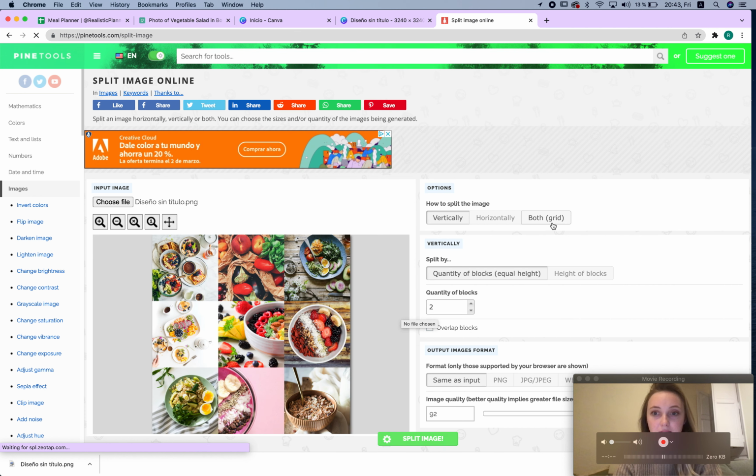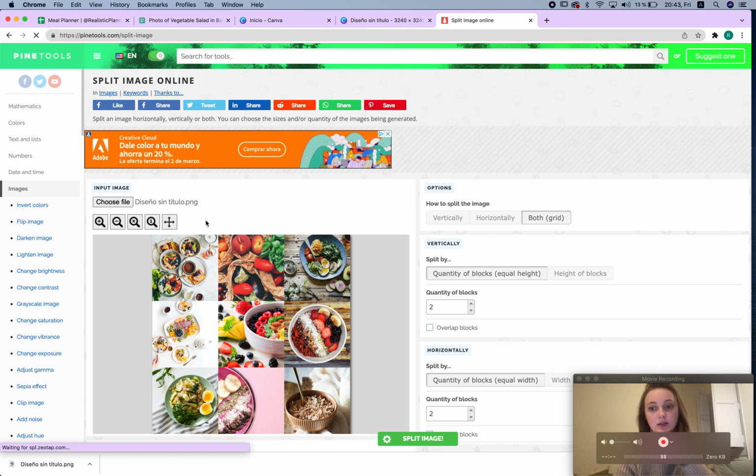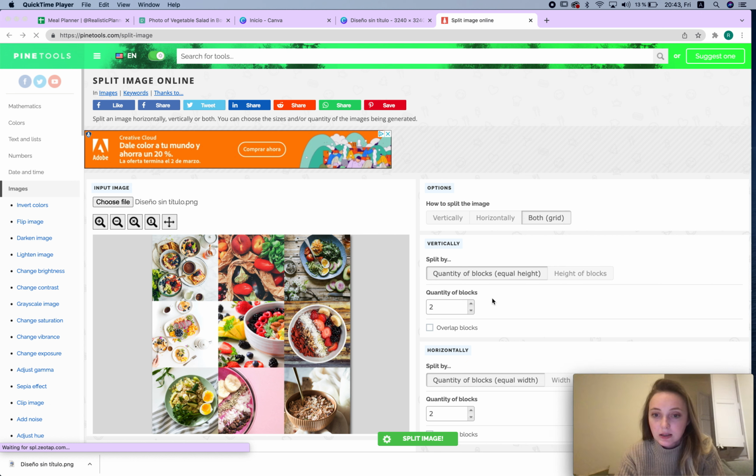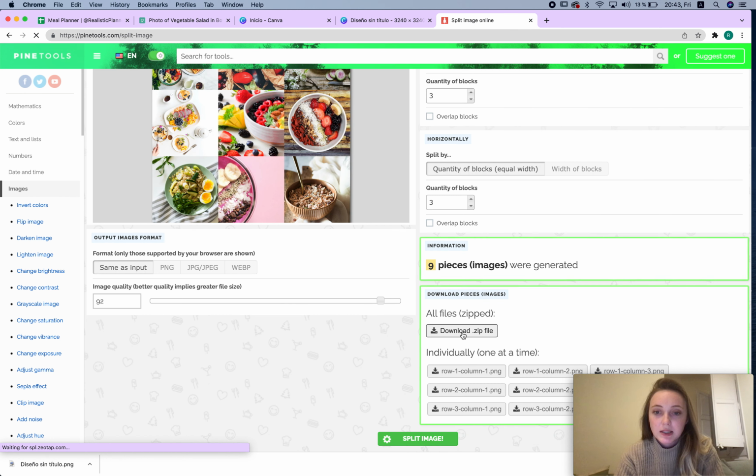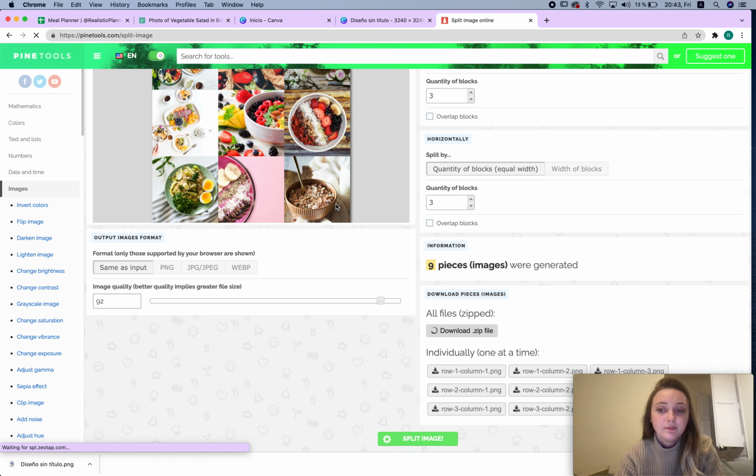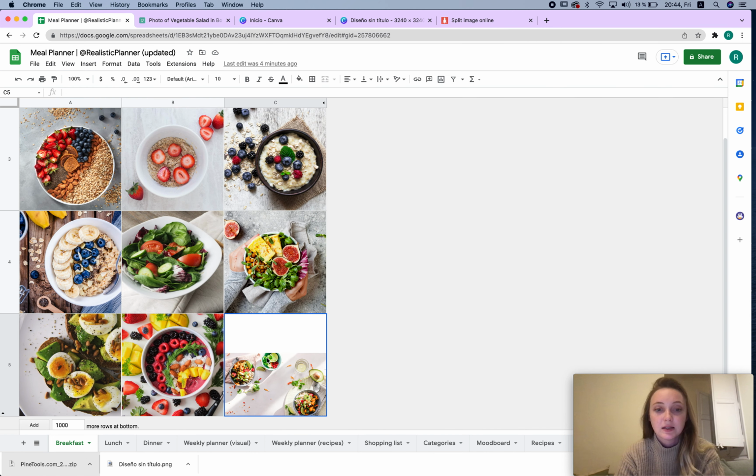Now I can make it both, so it cuts it as both grid and horizontal and vertical and everything. So I choose both 3 and 3, and then I click split image. Super easy. Then I download this zip file. I wait and wait and wait. Okay, I'm not actually waiting that long, but I'm just worried that you're waiting too long. Okay, I clicked twice. I downloaded it. I have it. So now I can just upload this to my meal planner,